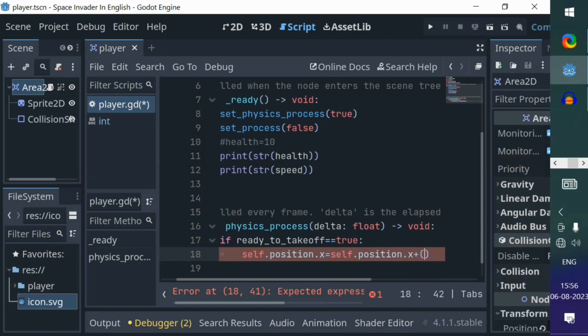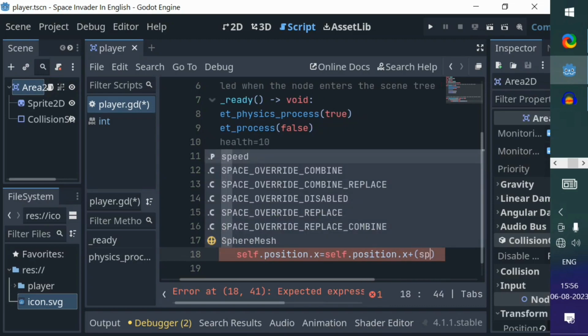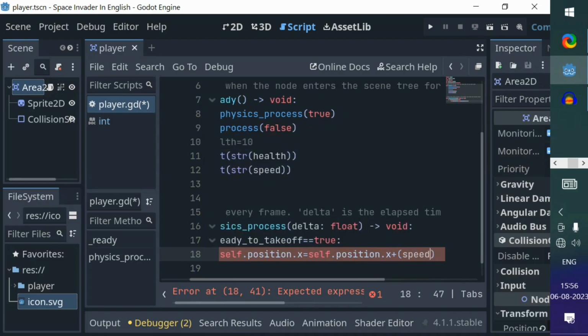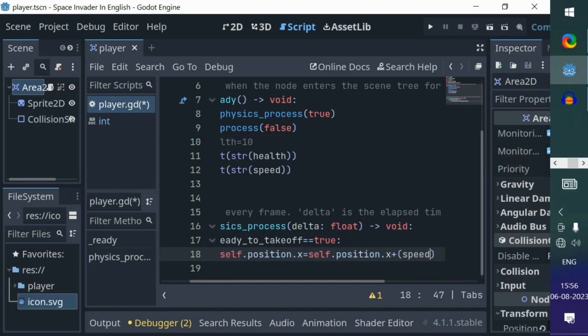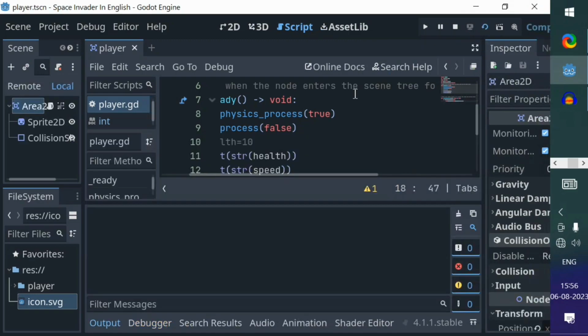As you can see, this player is not moving. Then I will just delete this and write true. And now if I try to run it,